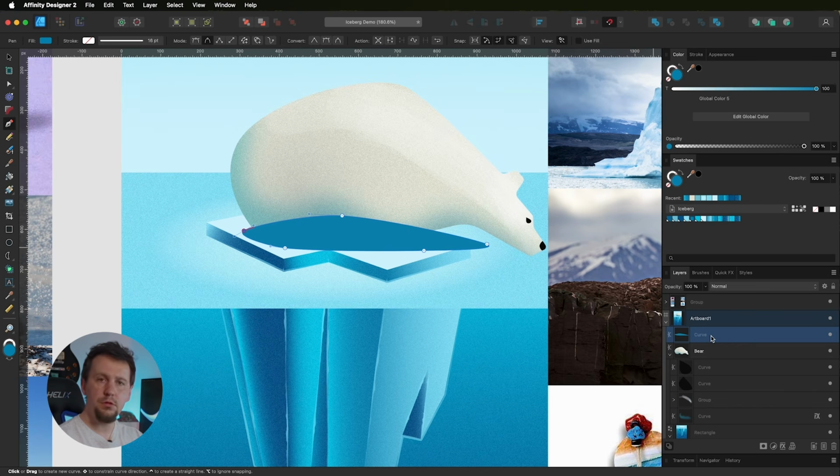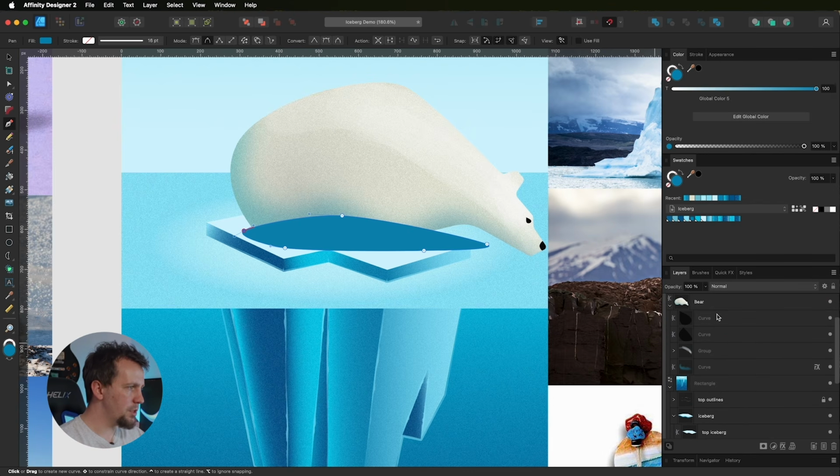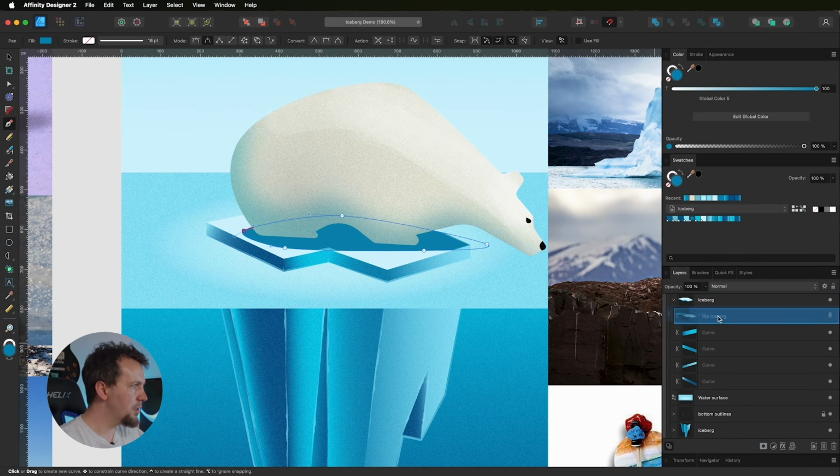And I'm going to clip this to that ice shape. So we'll need to grab this curve, and we can just drag it down through the layer stack until we find the top of the iceberg, drag it onto that, and then clip it. And then I'm going to do the same thing that I did with the shadow on the bear and add some effects to that. So we'll click